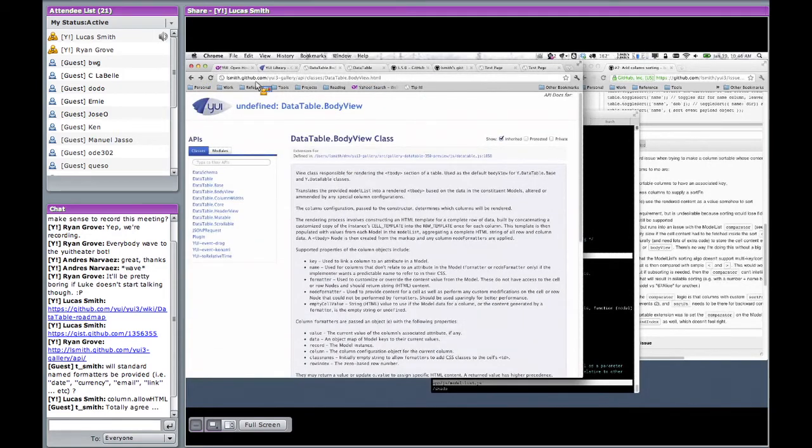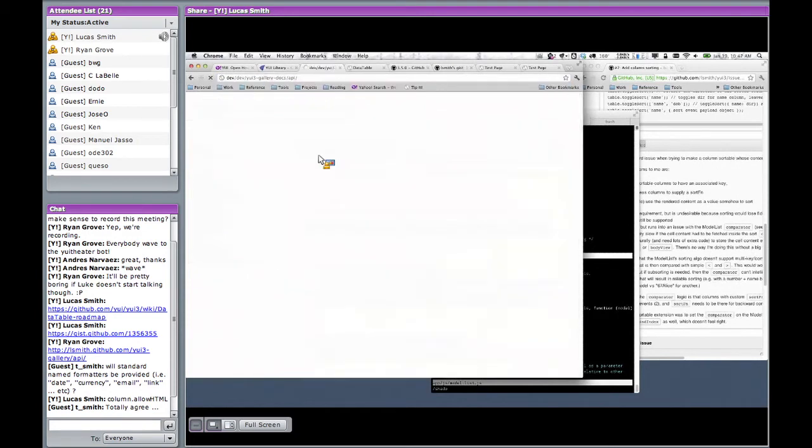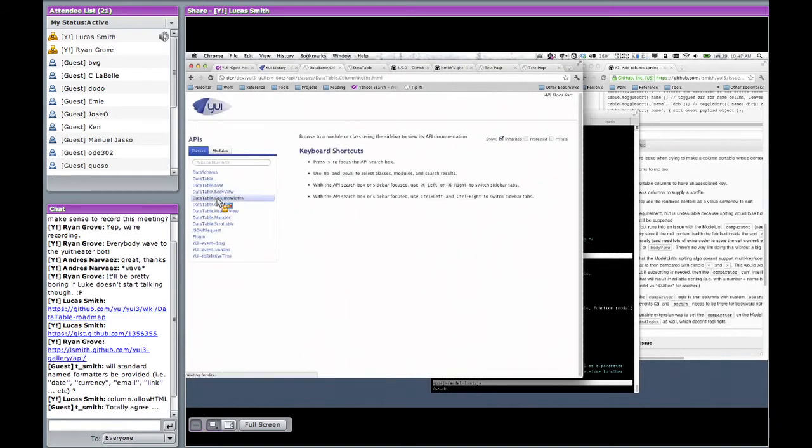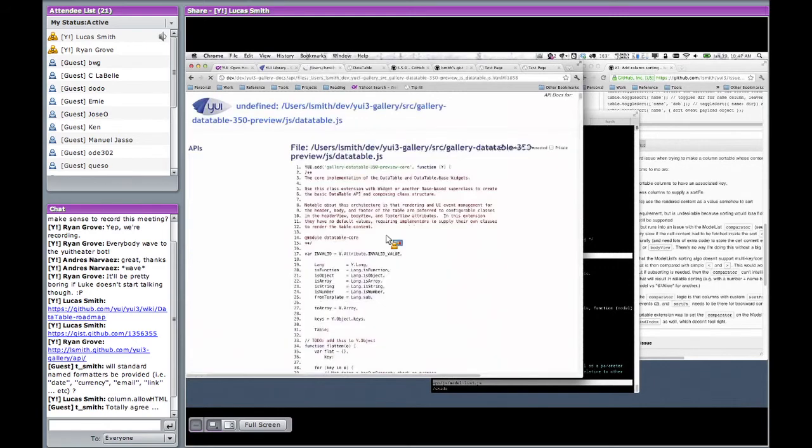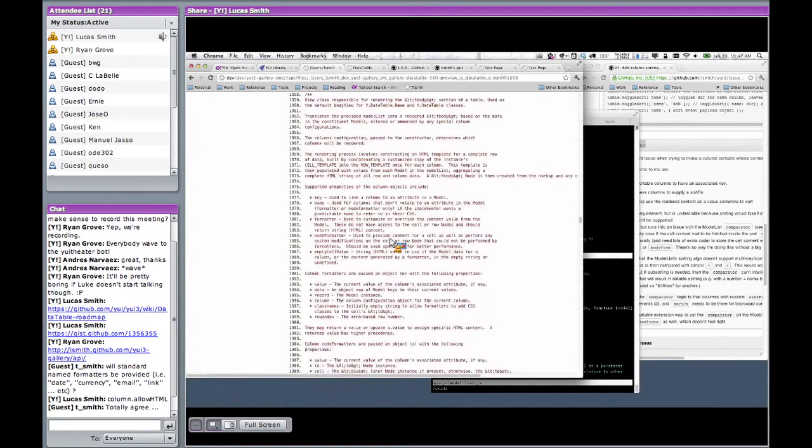This actually goes through to, let's see, I'll just do this in my... is that right? Oh, okay, so then body view, ding. Okay, so